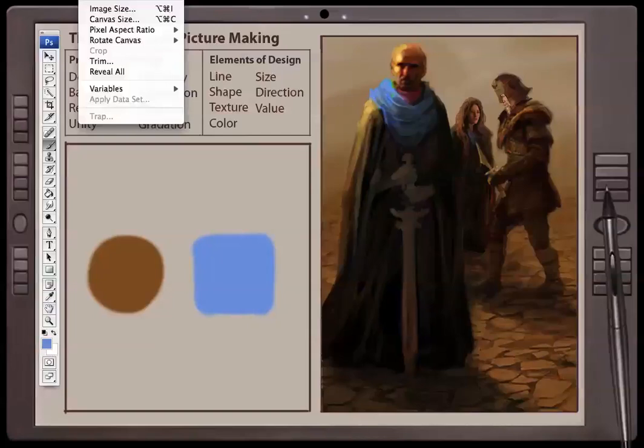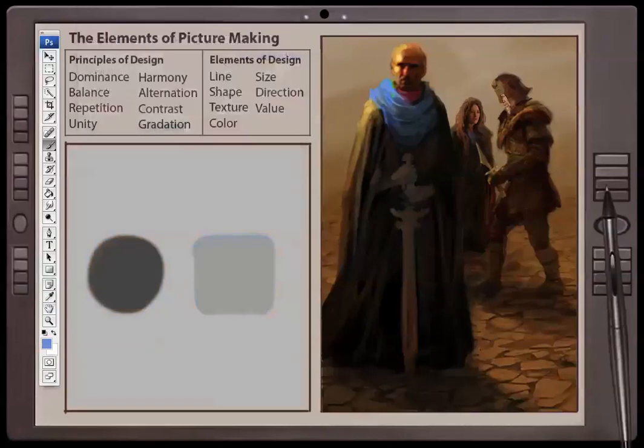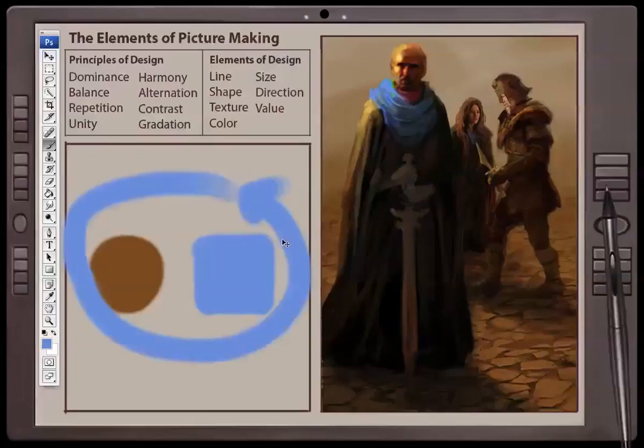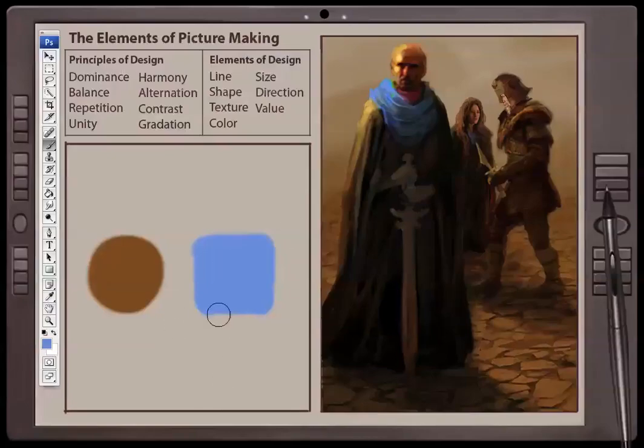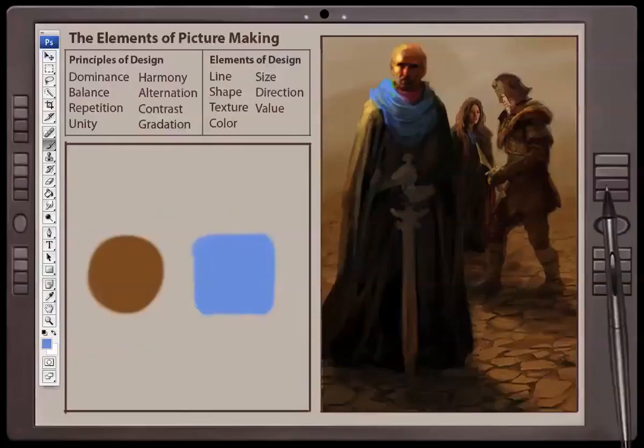And let me show you what the value looks like in case you can't see it. The circle is a dark value and the square is a light value. Now both shapes are of similar size and they both have a smooth texture. However, the property of texture and the property of size together are not enough to resolve this conflict that exists between them so that they become a cohesive whole. In other words, so they are unified